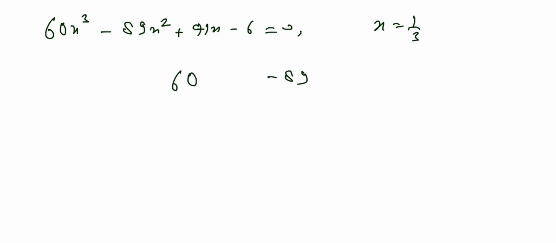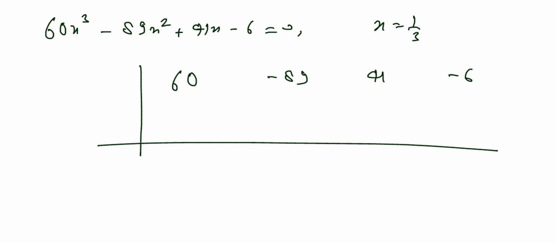So this will be minus 89, 41, and then this will be minus 6. And now this is 1 divided by 3 and we write 60. So now this will be 20, and we are left with negative 69. Now multiply this, so this will be 20 and now 2, and now this will be 3, so that means only 23, and now we are left with only